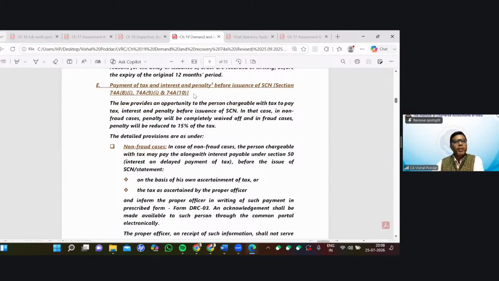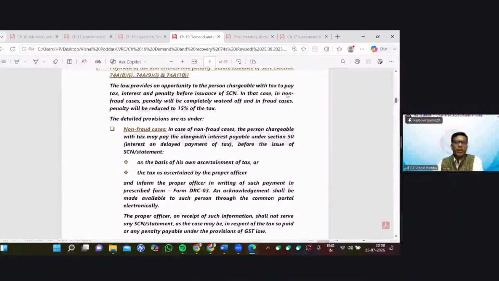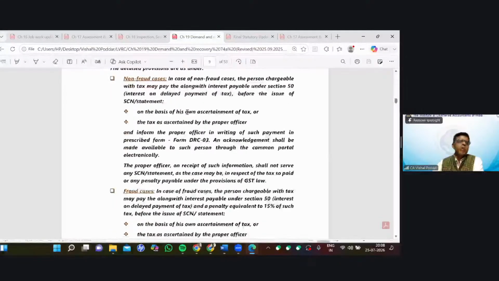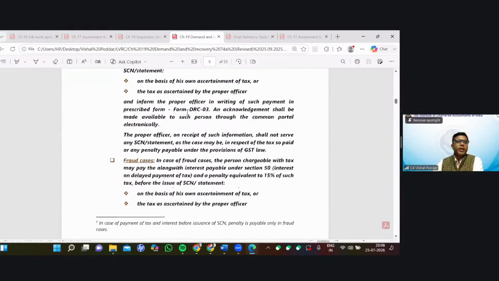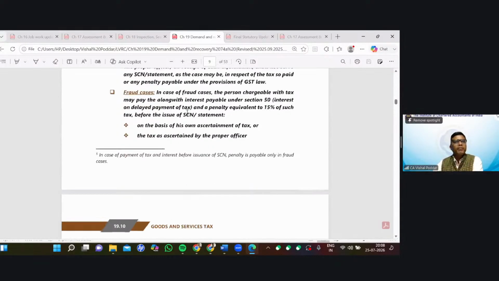Now, payment of tax, interest and penalty before issuance of show cause. The law is giving you an opportunity that before the show cause is issued, you may clear your dues. In case of non-fraud, penalty will be completely waived off, whereas in case of fraud, the penalty will be reduced to 15%. So, if before issuance of show cause, you are ready to pay the entire liability, we will not